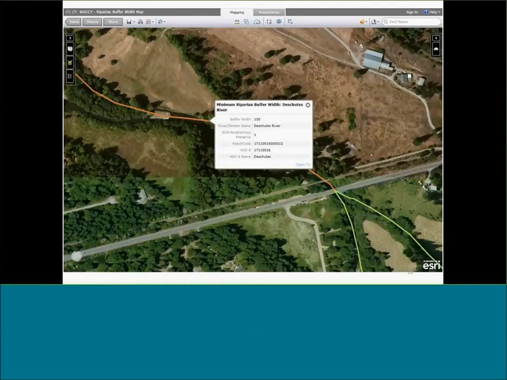The other thing, a side benefit from this project, is that the interest in the canal and ditch features, and making sure those were right, became really important. So we've been doing a lot of irrigation district mapping and recoding, because if you were on a canal or ditch, that buffer requirement was smaller. That has led to really improving a lot of our F code and F type information.